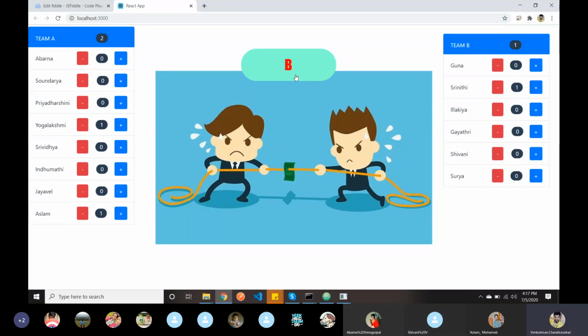Not only in the reducer, we can use it anywhere in our programming. I'm just asking what is the spread operator. Team A, Priyadarshini. Sir, it is iterable and expands like a string, sir.